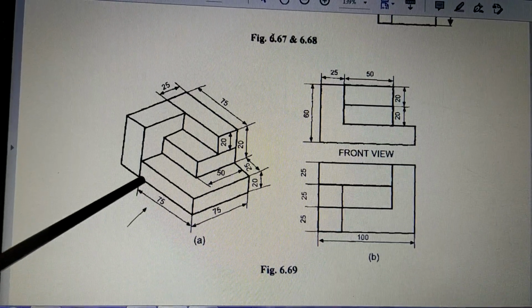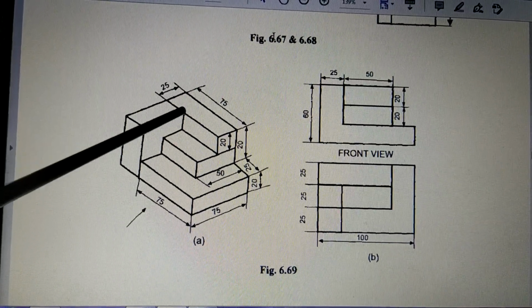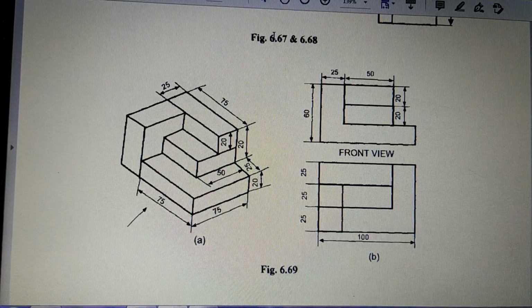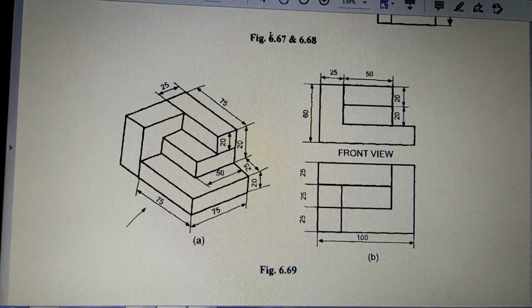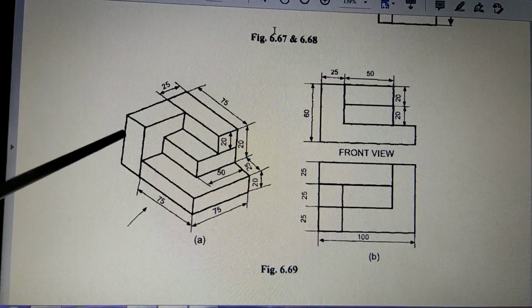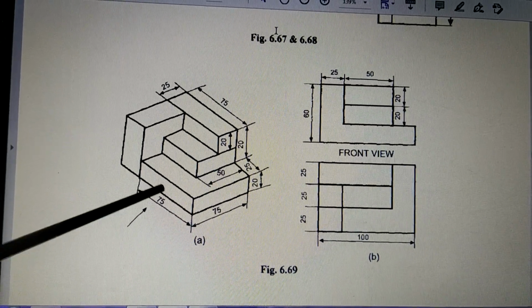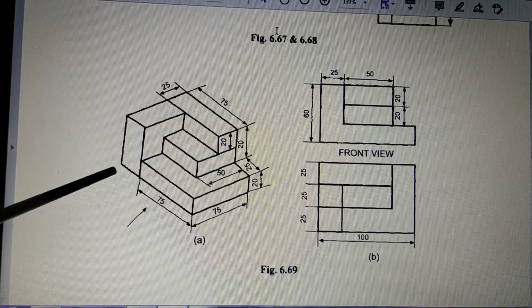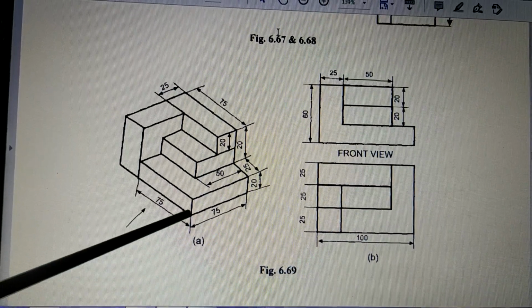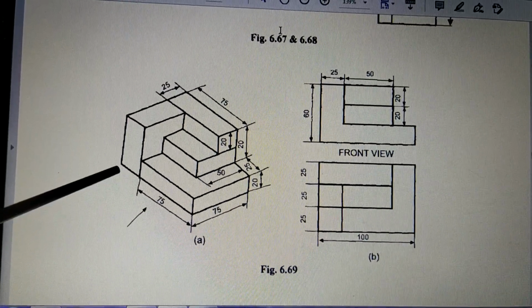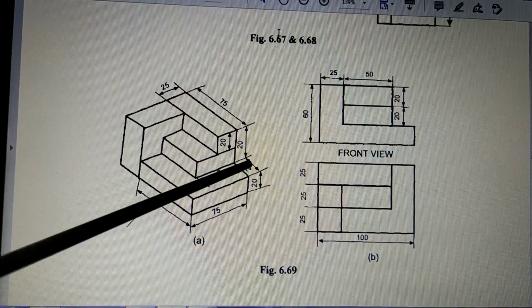The size is 75 plus whatever is there. Now they have not given, I think this, let us assume this as 25 because it is seen almost like this. So 75 plus 25, it is 100, yes, it is written here 100. So this whole thing is 100. So 100 size is there, vertical size is 20 and 20.